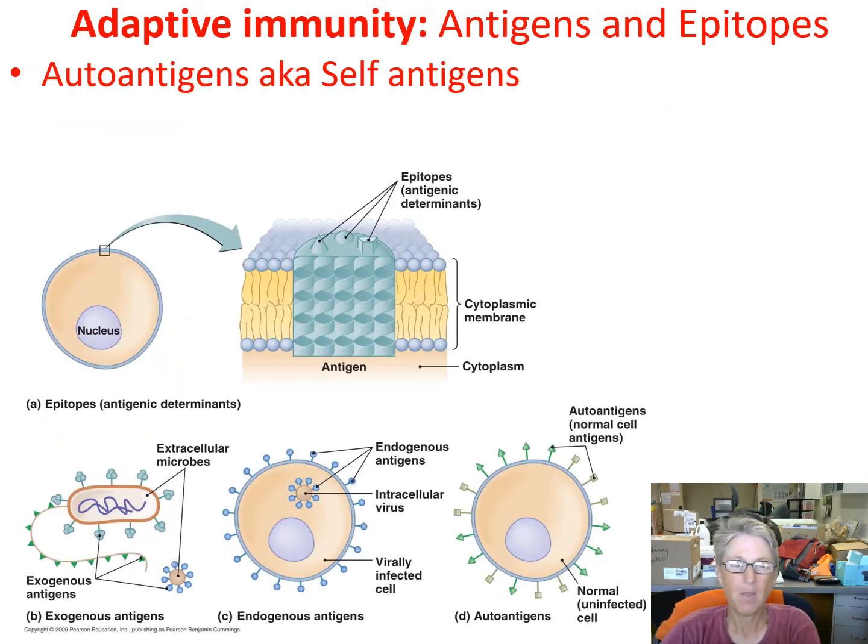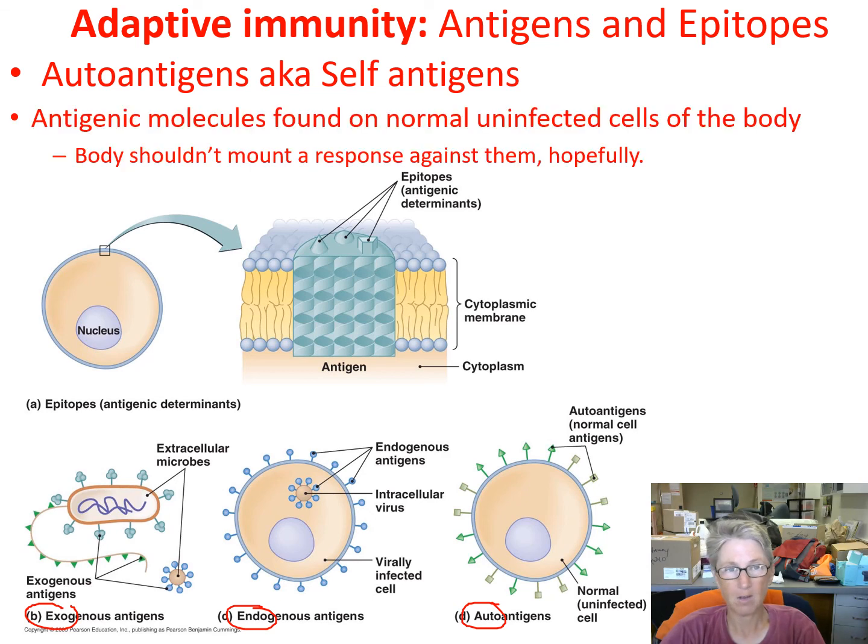Okay. And then, in addition to exogenous antigens and endogenous antigens, there are autoantigens, and we already talked about that. So autoantigens are just normal self-antigens. You should not mount an immune response against your autoantigens. If you do, that's an autoimmune